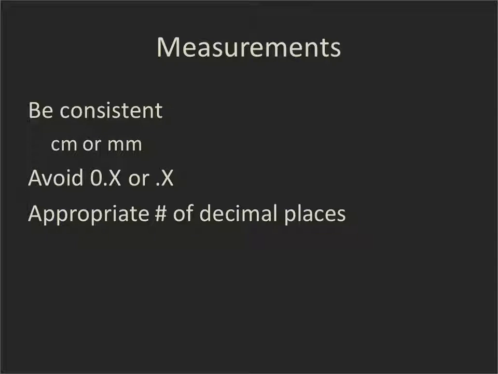Use an appropriate number of decimal places. Be realistic. In most imaging modalities, we do not have accuracy of measurement down to fractions of the millimeter. Perhaps the only exception to that is when we're measuring a nuchal translucency in ultrasound. So generally speaking, recording something as 7.4 millimeters as opposed to 7 millimeters, more decimal points does not necessarily add